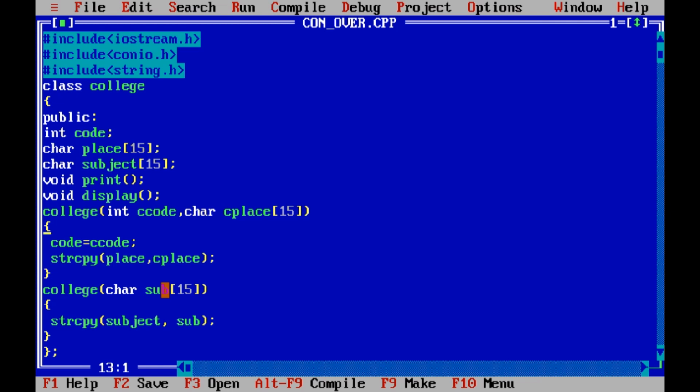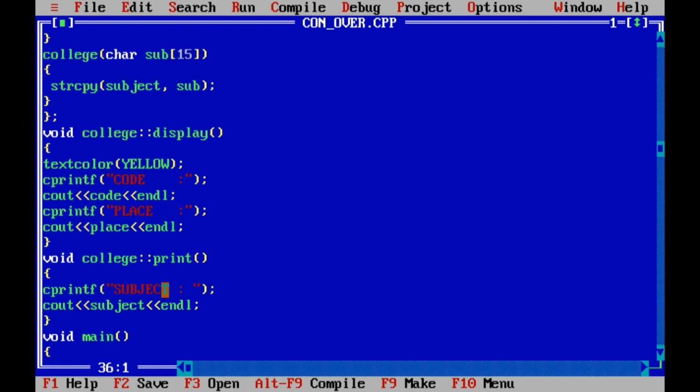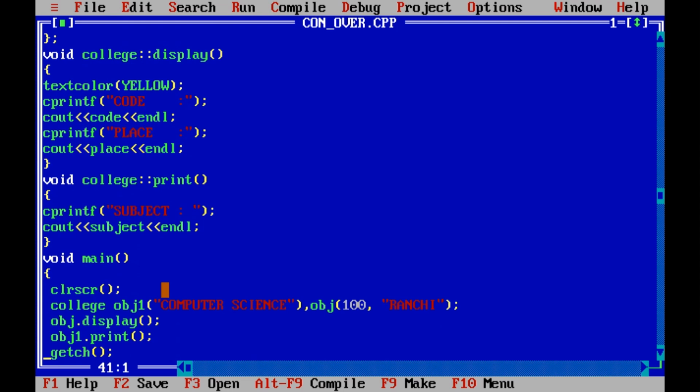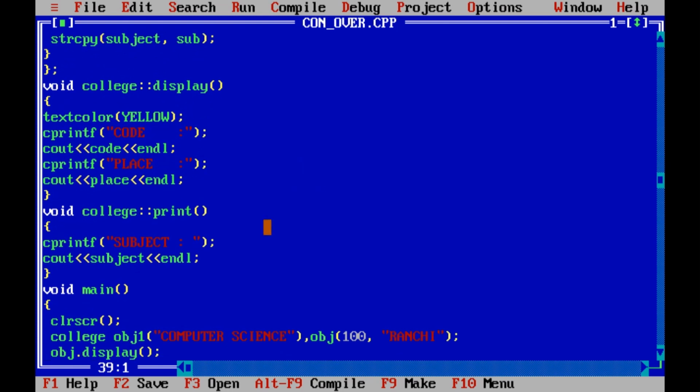As we discussed, the constructor is called automatically when the object is created. So while creating the object, we have to pass the value. Here we have created an object: the class name, and then the object name. Inside the parenthesis, we have passed one value first, one parameter with the char data type. So here is one constructor with one parameter, that is char data type. This is matched, so that first constructor will be called.